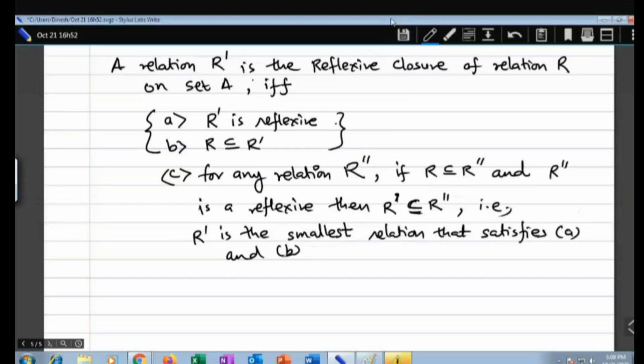Okay. So this is about the reflexive closure, and likewise you can define the symmetric closure. Okay, and then you can also specify the third one, that is transitive closure. So by mistake I said transitive closure earlier. Okay, so it's one and the same, only the thing is that this will change.